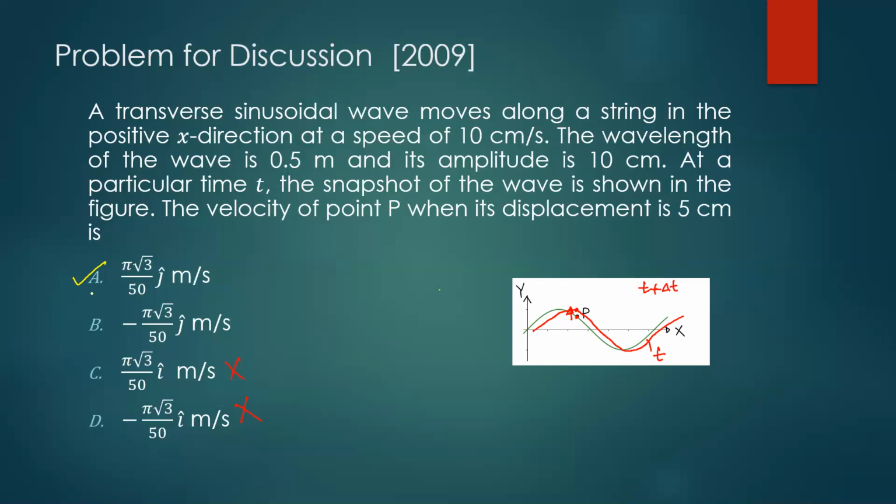But suppose you want to check this. You can write the displacement function that represents the wave as y equals a sine of kx minus omega t. When you want the particle velocity, it is the partial derivative of this function with respect to time. So you do dou y by dou t. x is constant, so you'll get minus a omega cos of kx minus omega t.